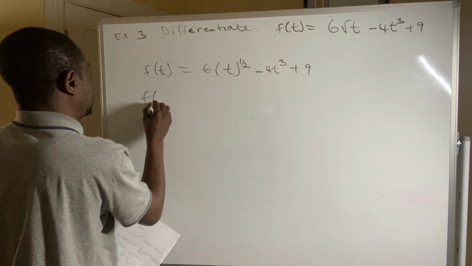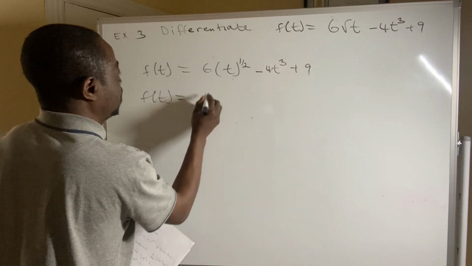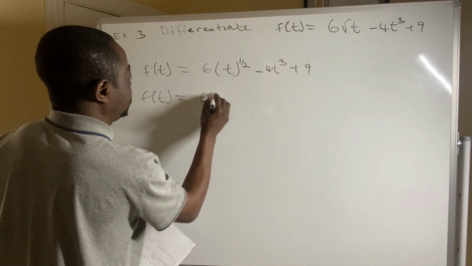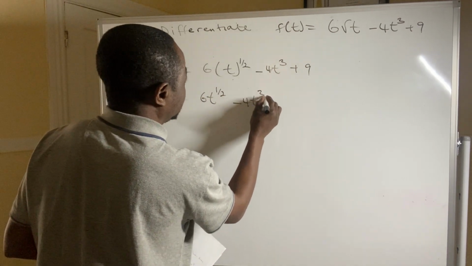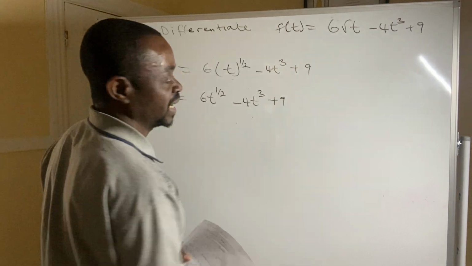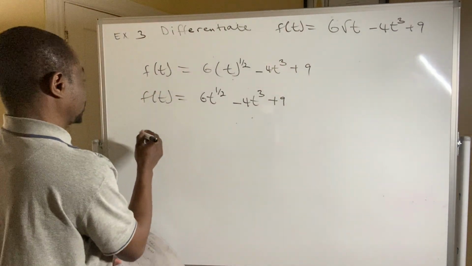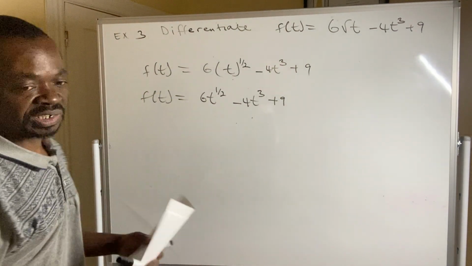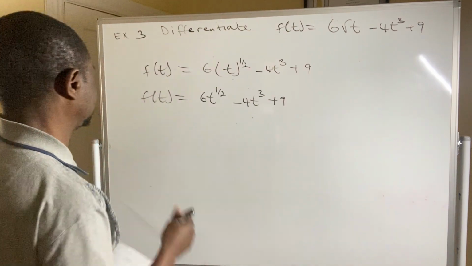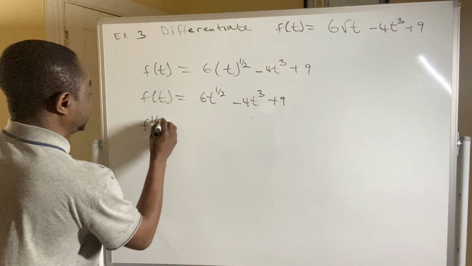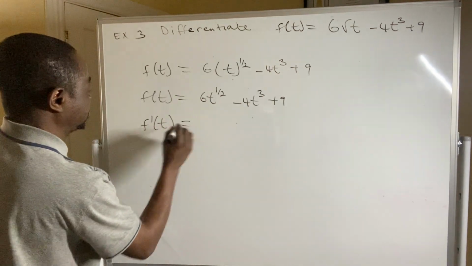So we have f of t is equal to 6t to the power half minus 4t raised to the power 3 and plus 9. So let's now differentiate, or let's say take the derivative of this function. So f prime of t is equal to,